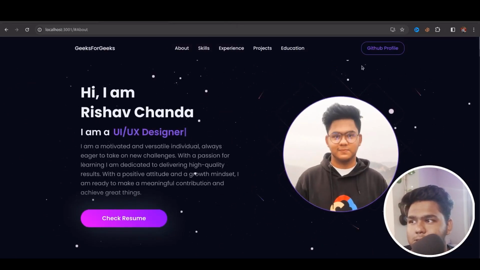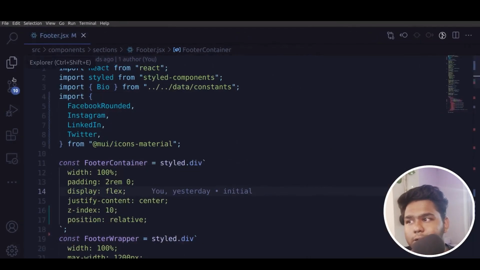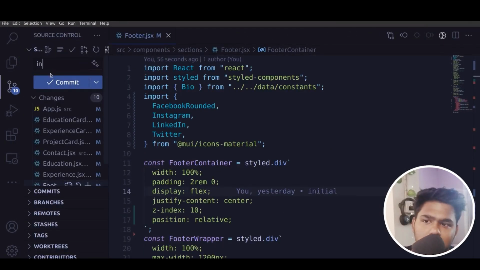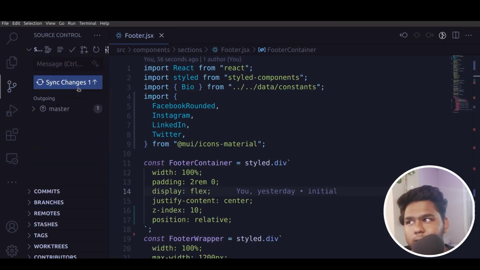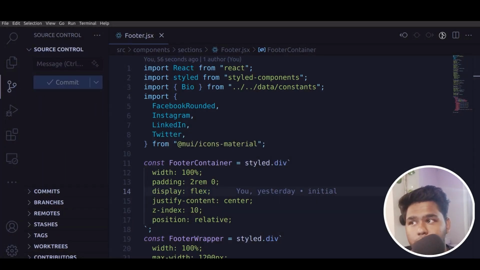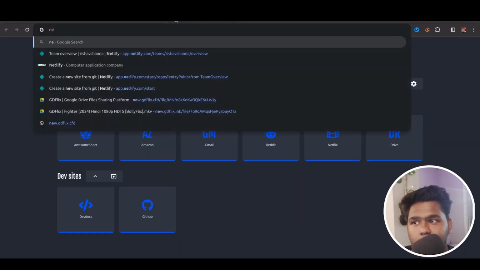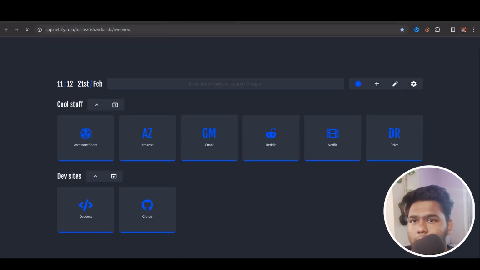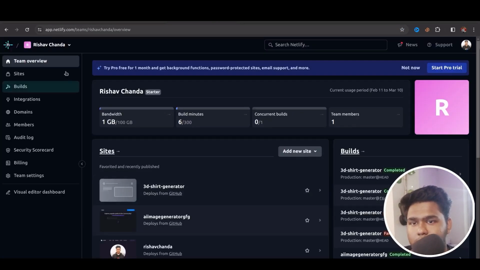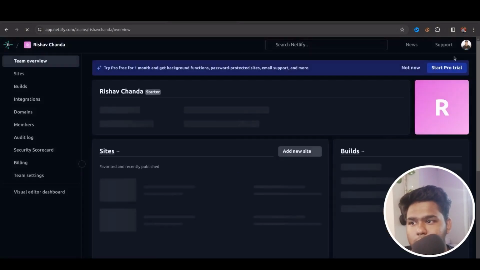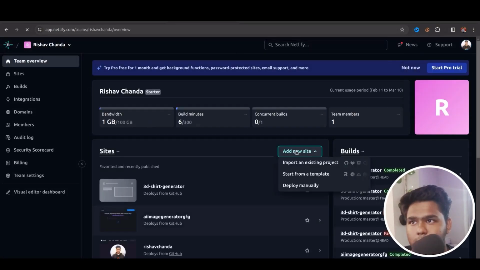So next thing is just upload it in your GitHub. You can initialize with the initial commit and just push it into your GitHub account, anything private or public. And after that, open Netlify. We will be hosting this website in Netlify. So log into your Netlify account. Once you are logged in, you can add a new site and select import from GitHub, and